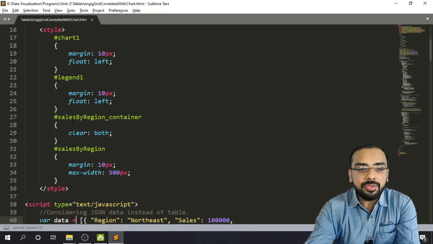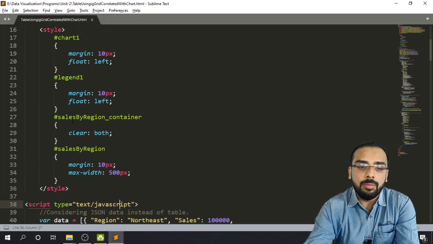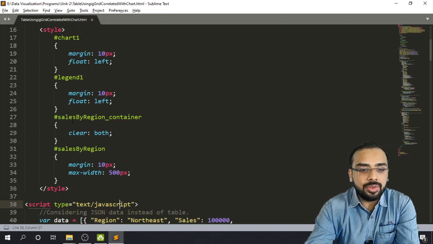So instead of creating an HTML table, I am using a JSON object. So for that, again I have to use a script tag, and inside this I have specified text/JavaScript. Now I want to create a JSON object. So if you recall, the entire thing which we write inside the curly brackets is treated as a JSON object, and it is a key value pair. So we are creating multiple key value pairs as our JSON object.